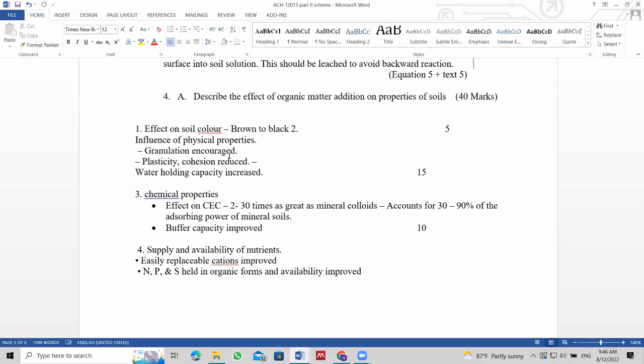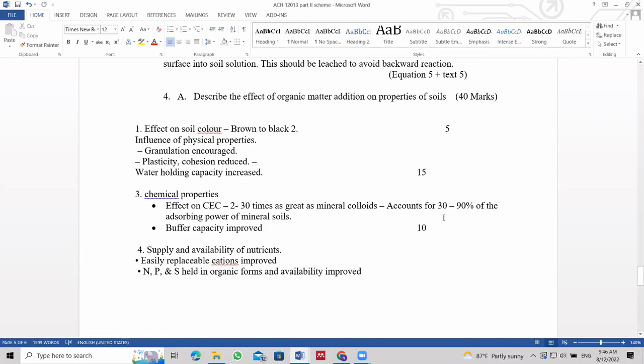Then microbial activity of the soil, temperature of the soil, higher temperature will deplete the organic matter content. And any other management practices, such as the addition of organic manures, all those factors you should